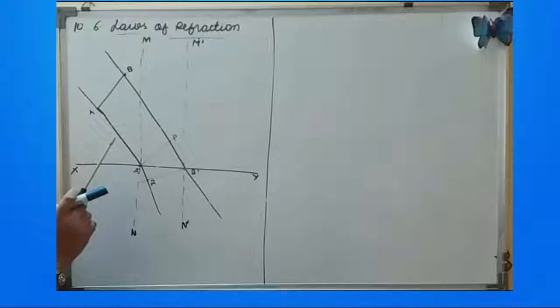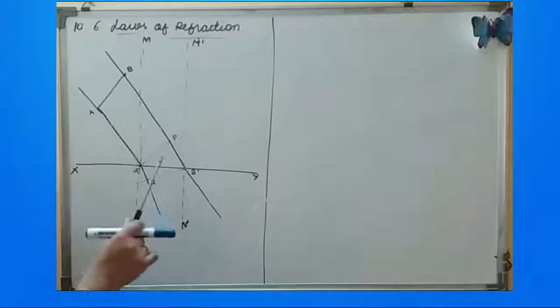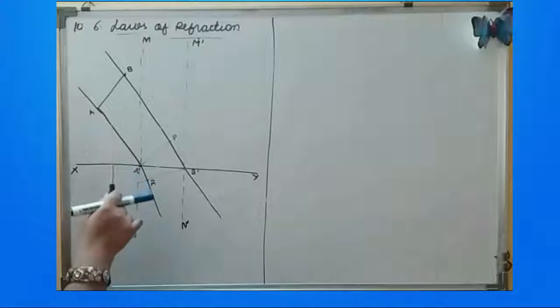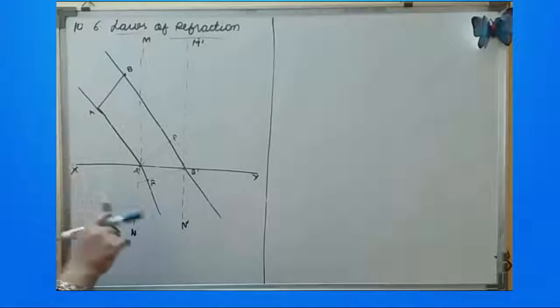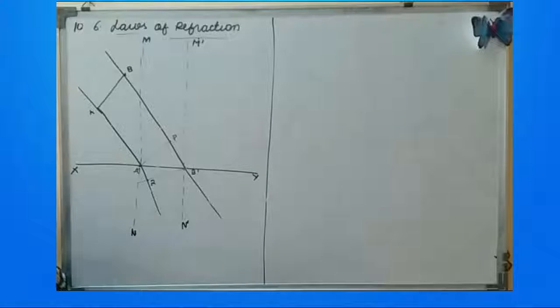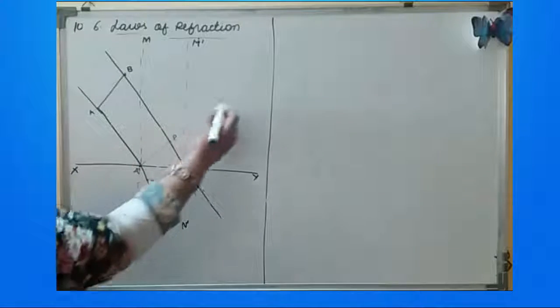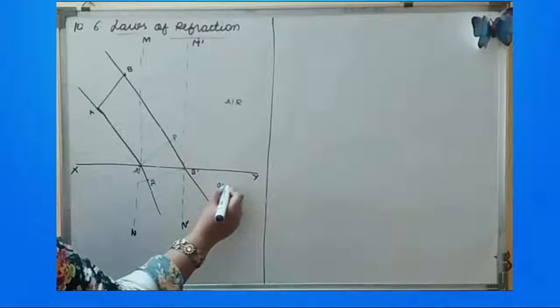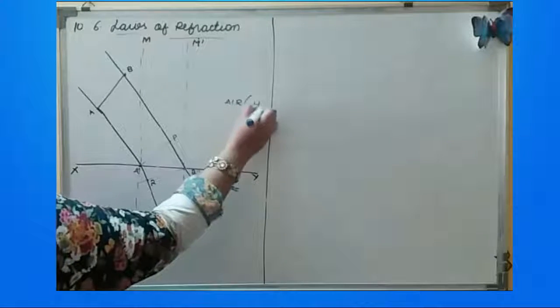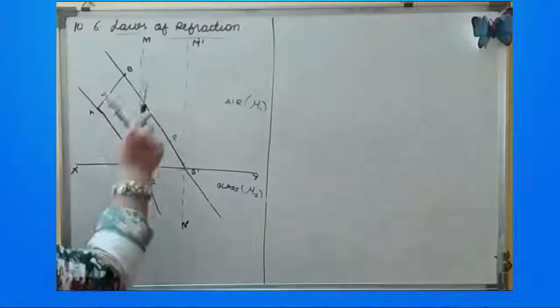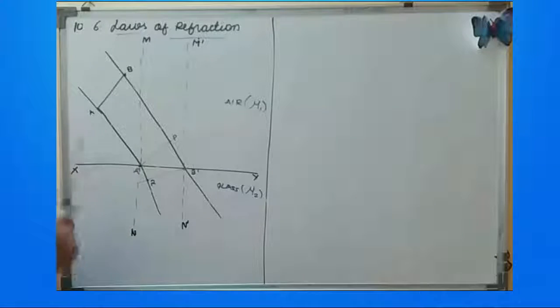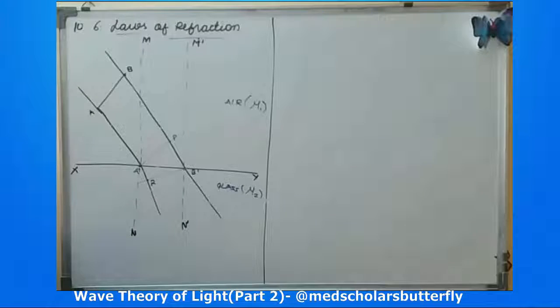Refraction. First of all, there are some laws of refraction, which say that the ratio of the velocity of light in the rarer medium to the velocity of light in the denser medium is known as the refractive index. First is, this is an air medium and this is glass. This is known as mu1, this is mu2. The incident ray, the refracted ray and the normal all lie in the same plane. The incident ray and refracted ray lie on opposite sides of the normal. Correct? See, they are lying on the opposite sides of the normal.